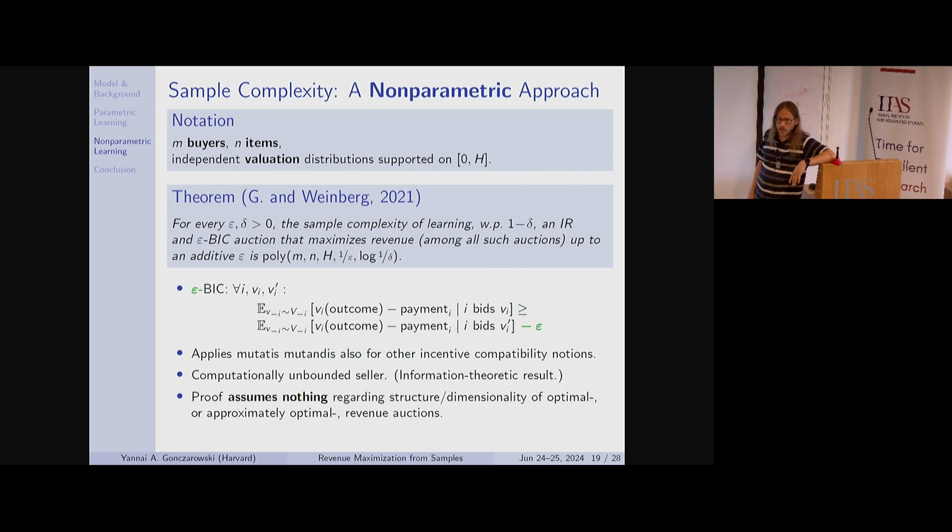No, you might gain the square root of epsilon. If epsilon is 0.1, it's minus epsilon plus square root of epsilon. No, square root of epsilon is bigger than epsilon. Yeah, true. It's less than 1. Sorry, that discussion was about the benchmark, if I understand correctly? The benchmark. It was the question about the optimal epsilon-BIC versus the optimal BIC auction. We know that they are not very far apart.